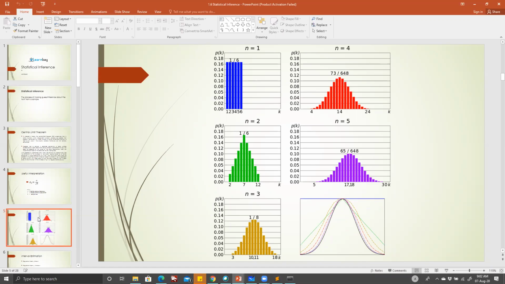N is the number of dice thrown together. Achha, so n is the number of dice thrown together. So that is what it is, and the x-axis is just the sum of the values. Yeah, that I got. And the number of trials on average is whatever you choose. Choose a sufficiently large number.